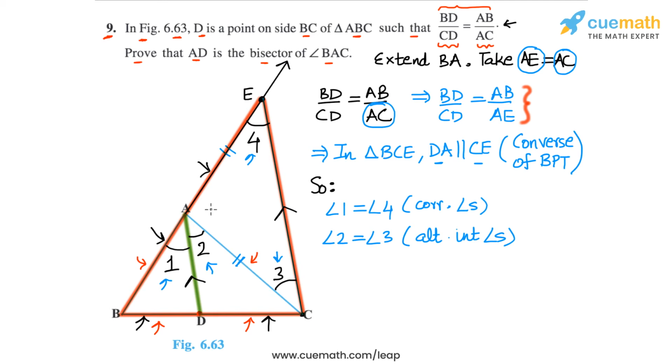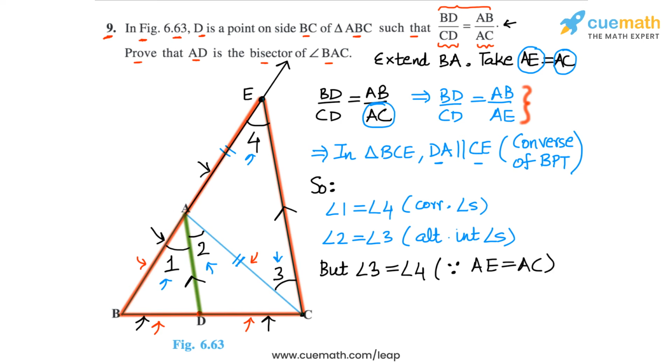So if you have a triangle in which two sides are equal, then the angles opposite those sides will also be equal. So if AE is equal to AC, then angle 3 and angle 4 will be equal. So let's write this. Angle 3 is equal to angle 4, and this is because AE is equal to AC,